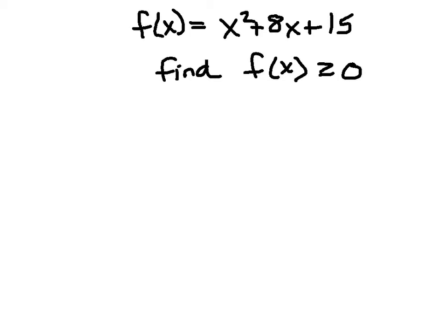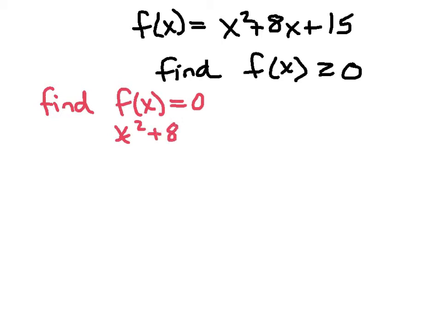However, we're going to think about why the graph was important, what we were considering when we were using the graph. The first thing we were considering is not when it was greater than 0, but when it was equal to 0. That's the first thing we find, because it's around those zeros where the function's either going to be above or below that. So let's first find the zeros. In other words, let's find f of x equal to 0 first. So I'll have x squared plus 8x plus 15